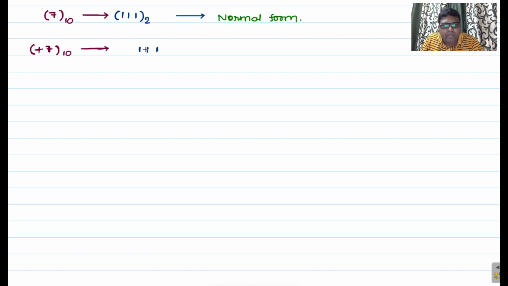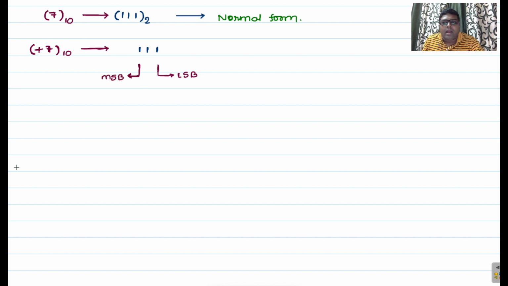So these are the minimum requirement, minimum 3 bits. With the help of the minimum 3 bits, we are unable to represent the sign value. I already gave that statement. Now what I do is add one additional bit in front of the number. In front of the number means the most significant bit side of that particular number. Here, this is your least significant bit, and this one is your most significant bit side.